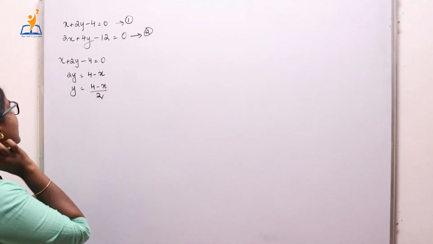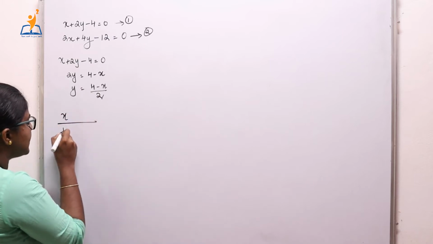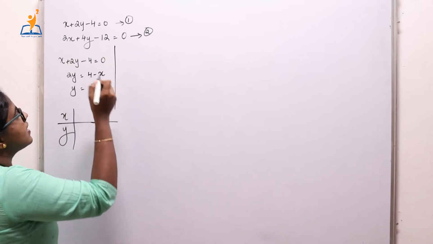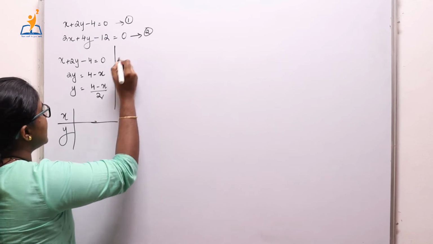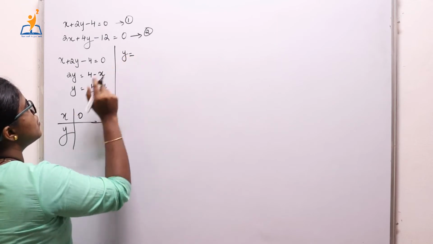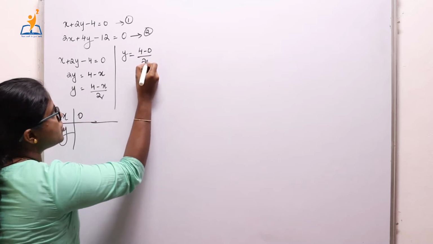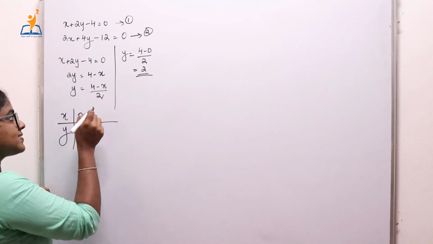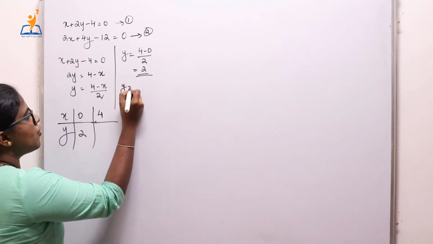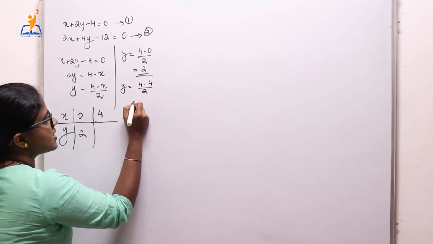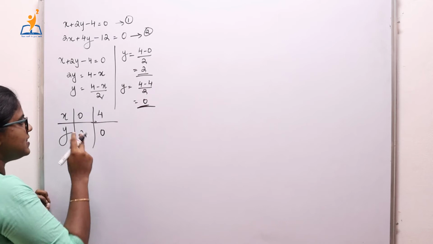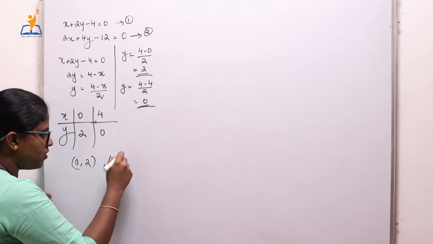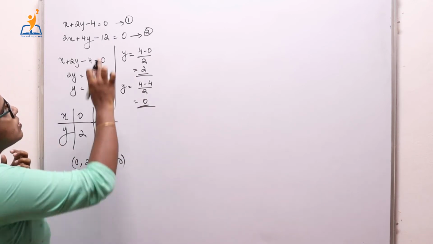So here let's find the solution table for this equation, that is, corresponding to each x value we want a y value. Let x be 0, then y is equal to (4 minus 0) divided by 2, that is 4 by 2, so 2 will be the y value. Now let's go for x equal to 4. Now y becomes (4 minus 4) divided by 2, that is 0 by 2, 0. So these are our points on the line, that is (0, 2) and (4, 0). So (0, 2) and (4, 0) are 2 solutions of this equation,